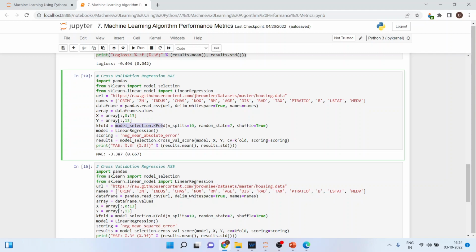kfold = model_selection.KFold, number of splits we are considering 10, seed we are specifying 7, and shuffle is to be True. Model is LinearRegression. Scoring here will be negative mean absolute error. results = model_selection.cross_val_score(model, X, Y), cross-validation is according to the kfold, scoring we are using negative mean absolute error. Print mean absolute error. And when we run this, we get the answer, which is minus